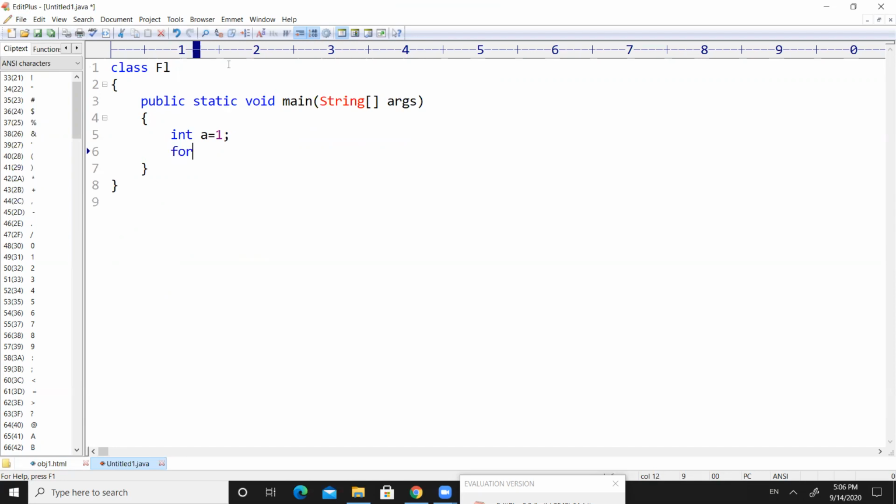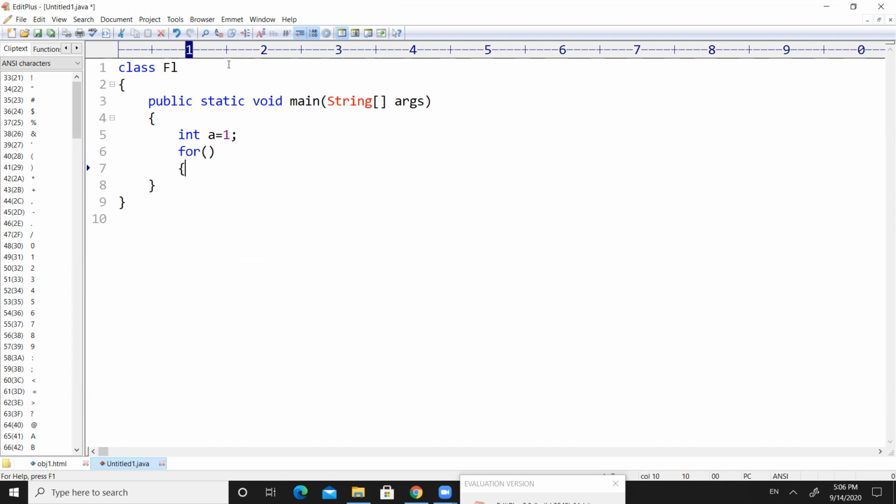Now I am using the for loop, right? Inside the for loop, as I said earlier, there are in total 4 parts. Among those 4 parts, not all the 4 parts are mandatory, don't think like that. The first one is initialization. Initialization means, for example, here I have just declared an integer variable a, and there is nothing in that variable a. So I will start with some value. It is called initialization.